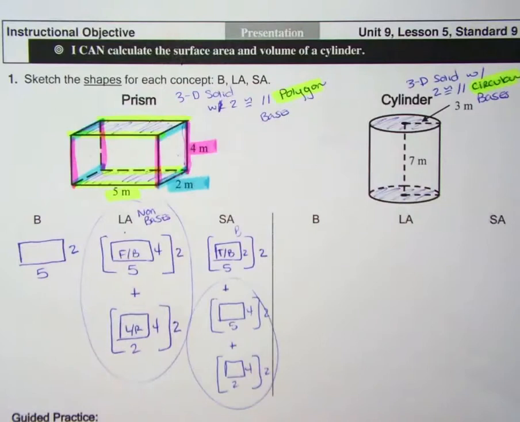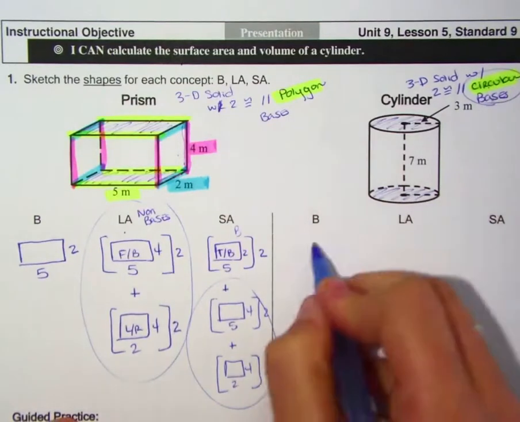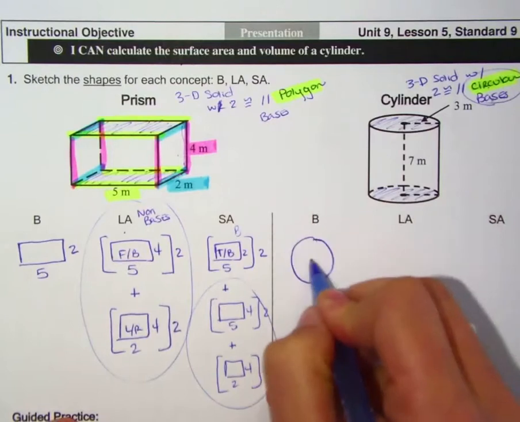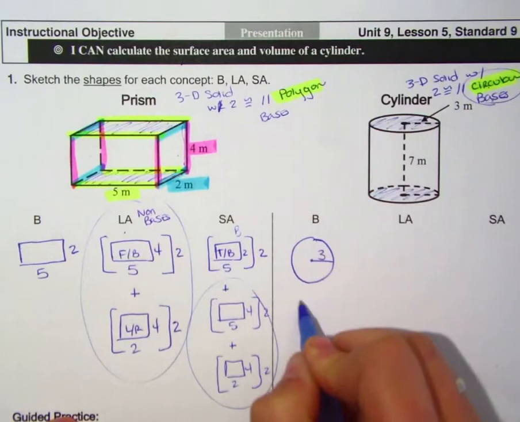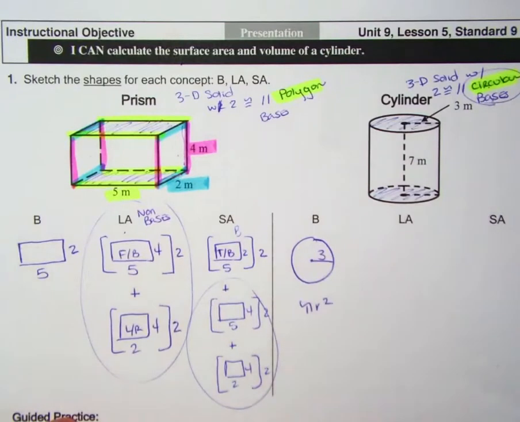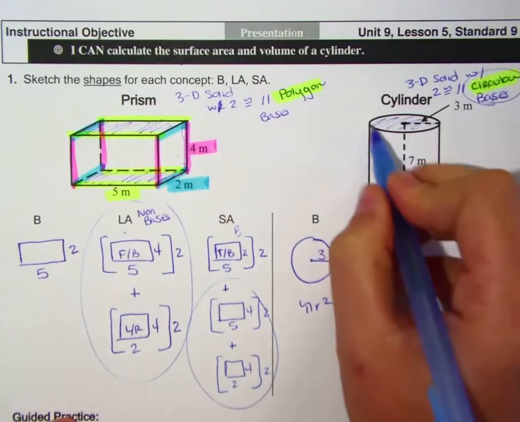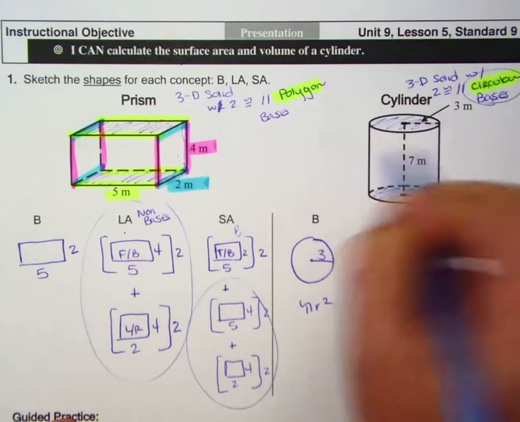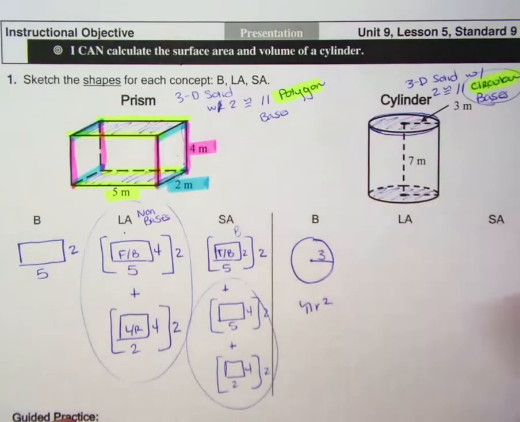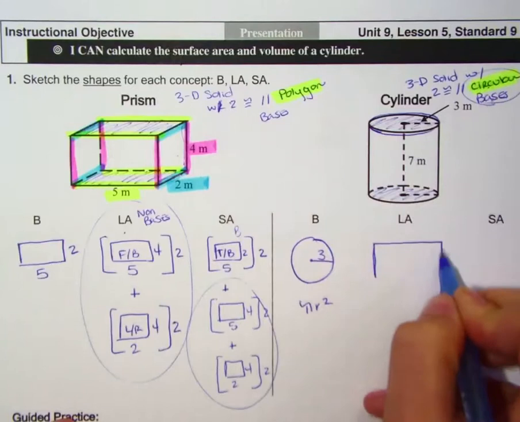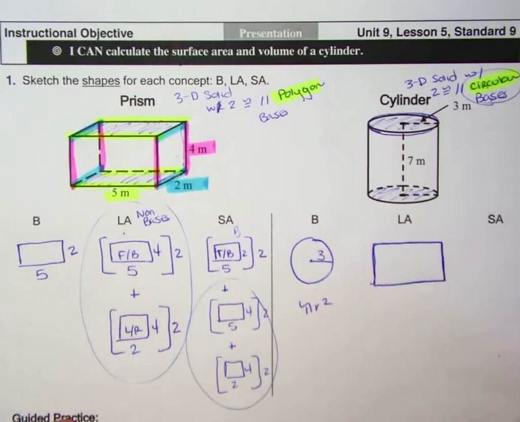The cylinder is going to be very similar. The bases, however, are circles. So to find the base area, the base is a circle with a radius of 3, so we just do pi r squared. The lateral area is the non-bases. So the non-base is this piece here, which wraps around the base. And if you were to cut it and unfold it, it would end up being a single rectangle